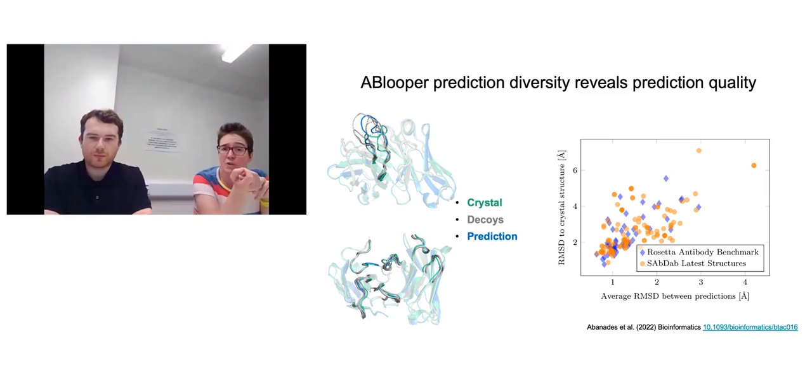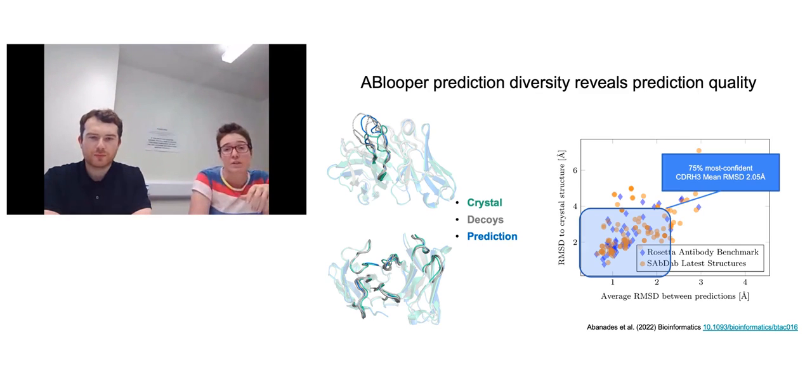So if you look at the picture on the right-hand side, the y-axis of that graph is how good a prediction we have made, and the x-axis is the RMSD between a set of predictions. So we can make a cutoff to say when we have good predictions. For example, if I only take things which have an average RMSD between their predictions of just 2 angstroms, I can ensure that I will make only good predictions and be able to actually give you those.